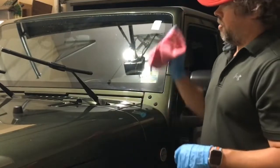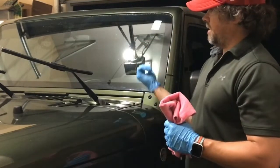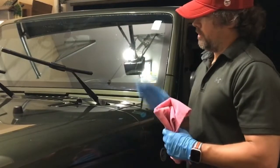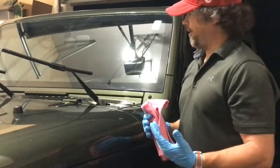So I'm going to proceed through the other side and also come back to this one after about 30 minutes and do a second layer on this side. But no reason to really show that. It's the same